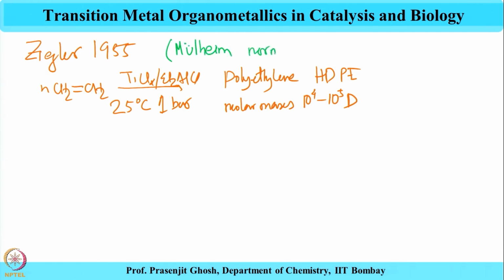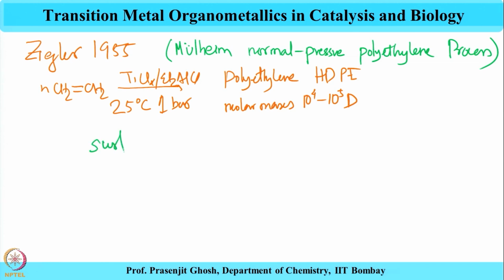Mulhem normal pressure polyethylene process. So, what Ziegler found was that actually this surface alkylated beta TiCl3 catalyst was carrying out the process, and they were obtained